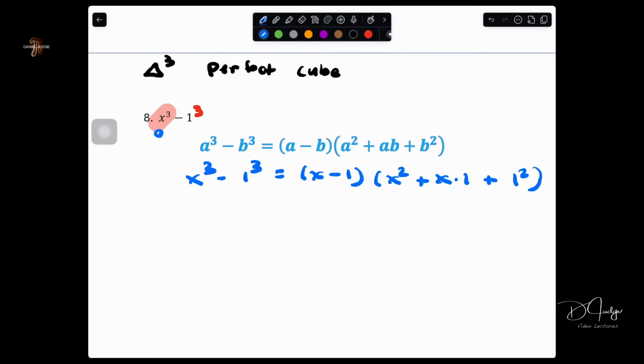So you got a cubed minus 1 cubed here, right? Or minus b cubed, but all right, difference of perfect cubes. We just have to simplify the quadratic here because x times 1 is just x, and then 1 squared is